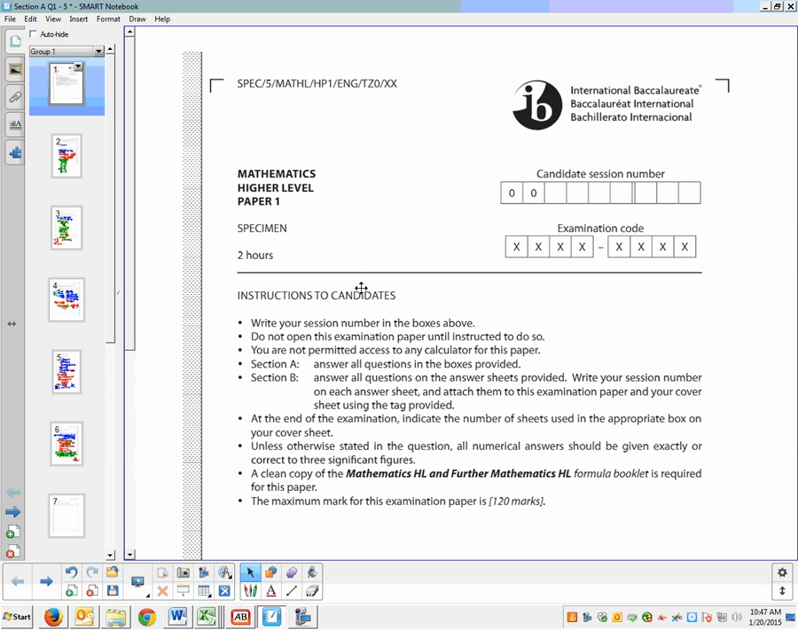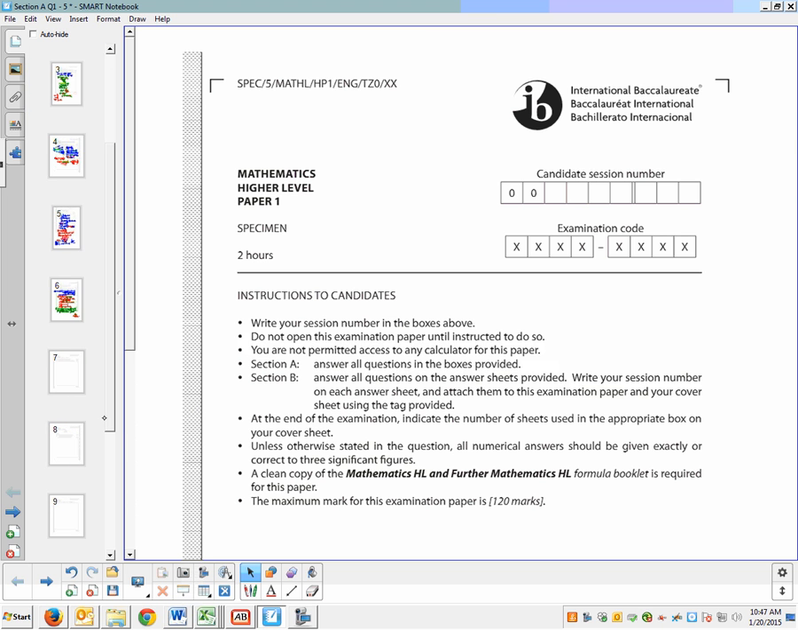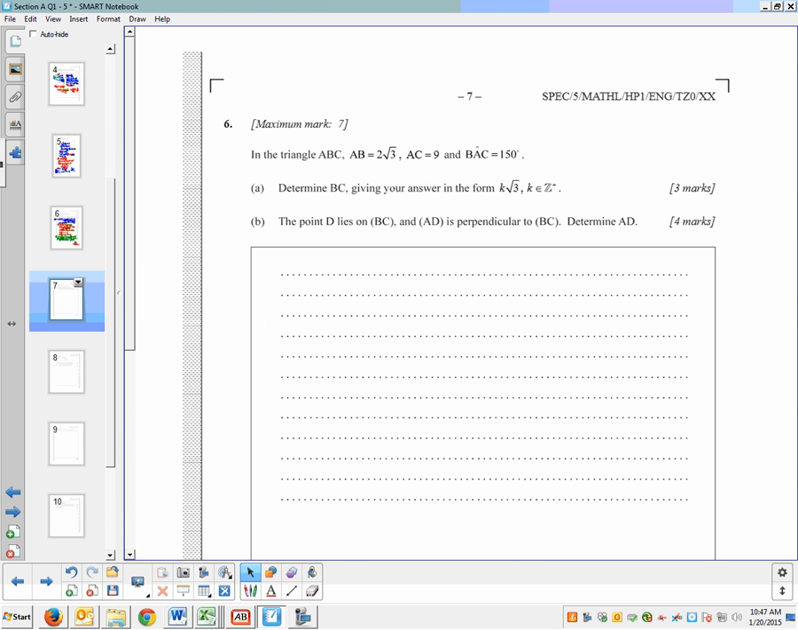Okay, this is going to be the remainder of section A on this paper, questions 6 to 9. Starting with question 6, which is about triangles. We've got AB and AC, and we've got the angle BAC is 150, so 150 degrees,